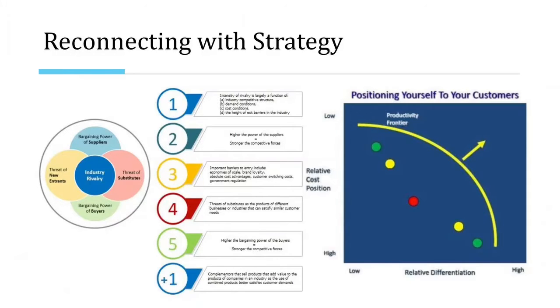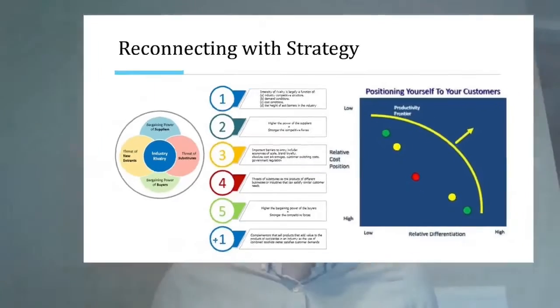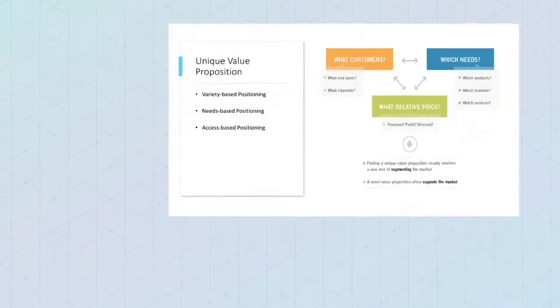Over time, the frontier shifts outward, and there is a need for constant improvement in operational effectiveness. Simultaneous improvement of cost and differentiation is possible only when a company begins far behind the productivity frontier or when the frontier shifts outward. What allows a company to achieve superior profitability is a strategic position on the frontier edge. Such strategic positions emerge from three distinct sources, which are not mutually exclusive and often overlap.